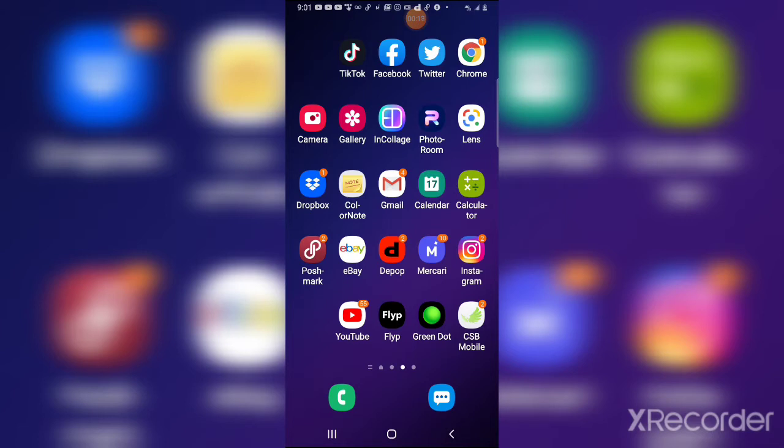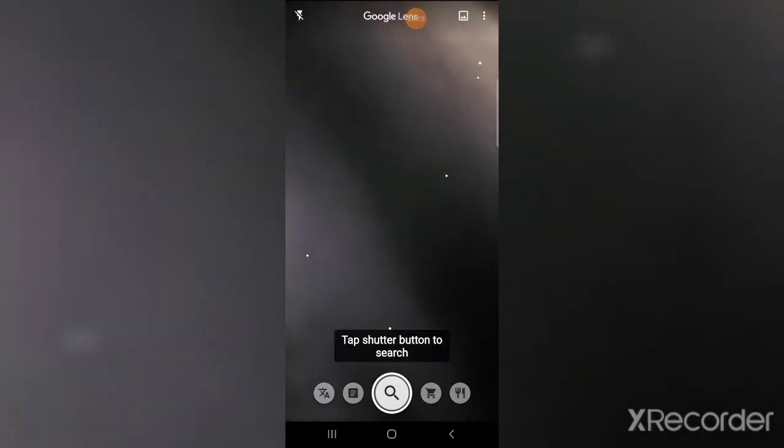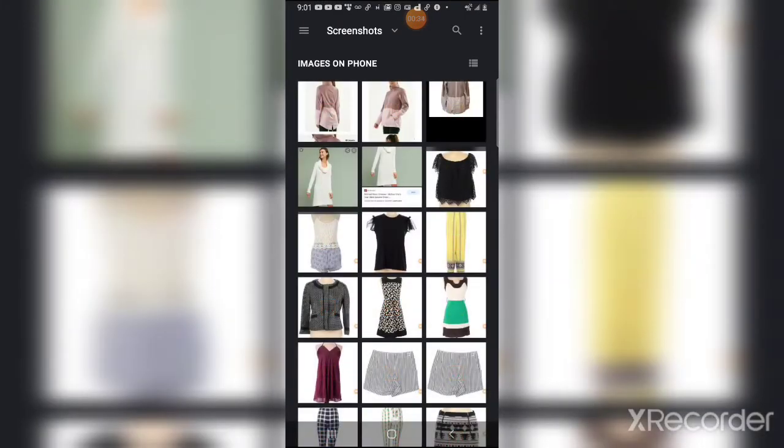It's Google Lens. You can download it from Play Store, and on my app page that you're seeing right here, it says Lens, so I'm going to hit that. And it's actually going to come up with the camera, so it's going to be all blurry. But up here in the corner on the right, there's a little box with a couple dots. If you hit it, then it'll let you go to your gallery, and then you're going to be able to